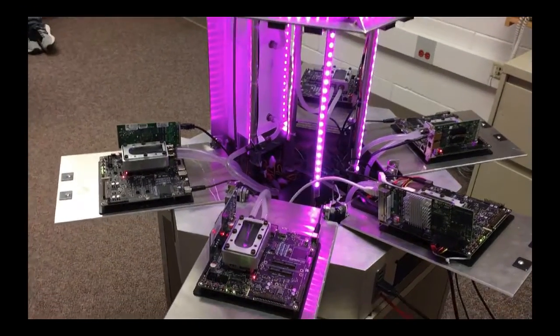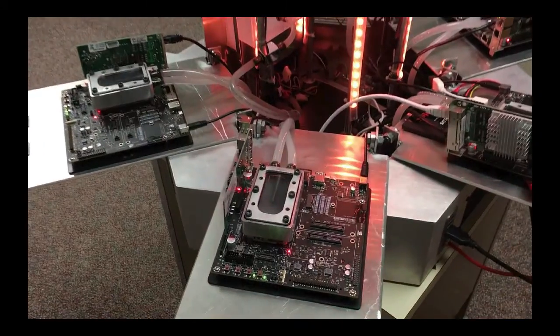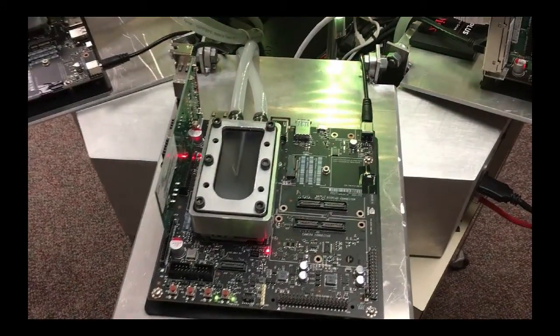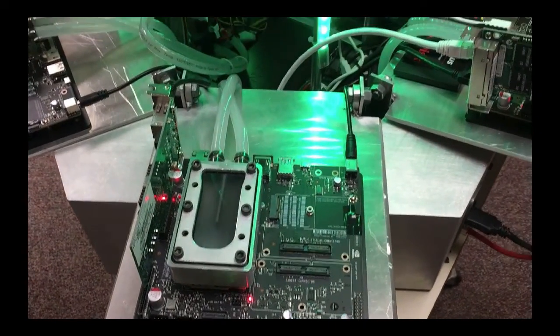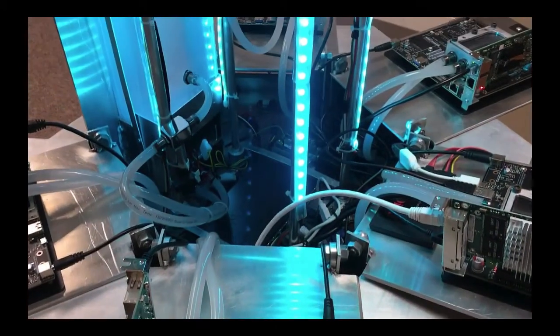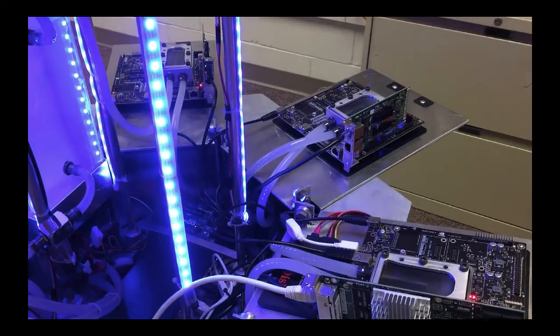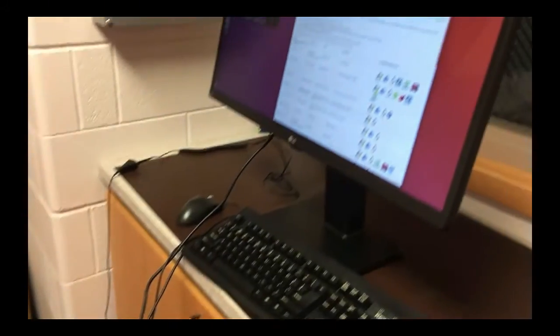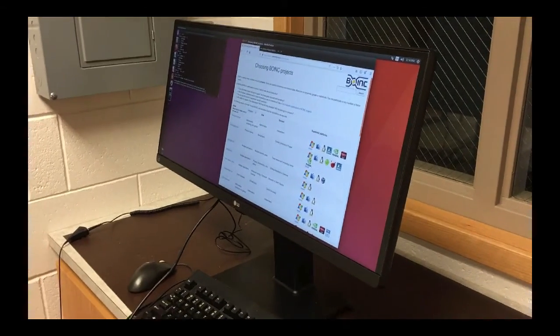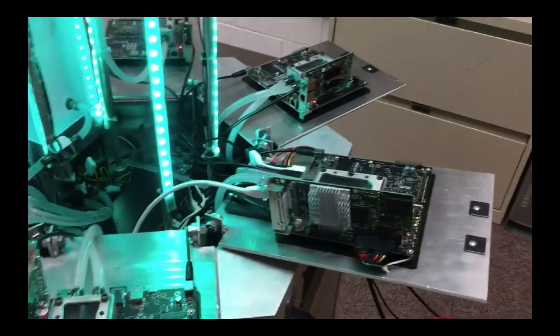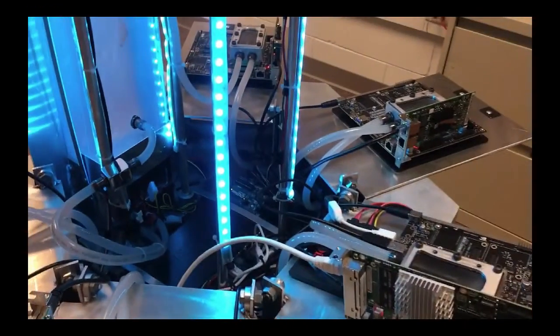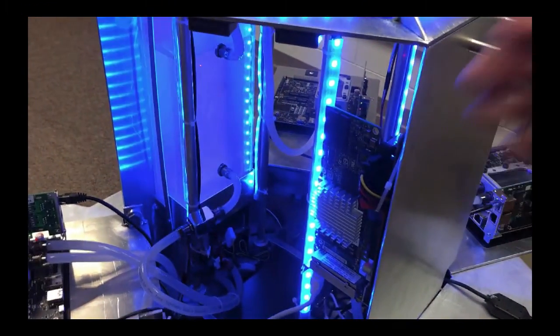If we zoom into the worker node here, you can see the water block and the coolant flowing through it to keep the thing cool. Under the skirt, we have the power supply, the network switch, and the hard disk these all share. And then it's actually running at the moment, running a browser and some BOINC clients. And if we close the thing up, then